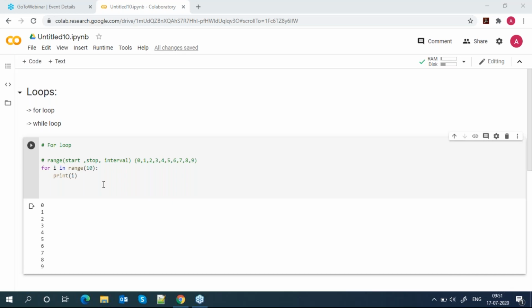Okay, continue. As I told you, range will store 0 to 9. And this is your for i in range 10. So whatever the value of range, we will store in memory. And to access this memory we give some name to that particular memory.